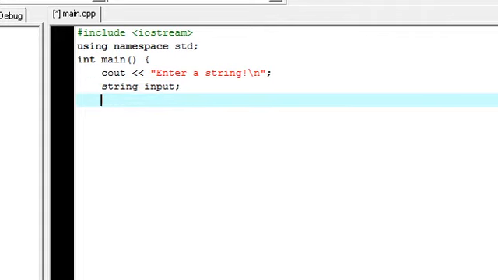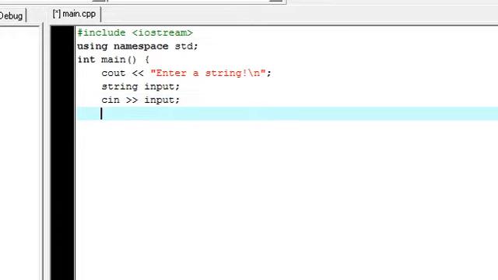We're going to use cin. You will notice that we use the different direction operators, and we're going to reference the name of the variable. We're going to use cin, remembering semicolons. Then once that's done, once they've pressed enter,